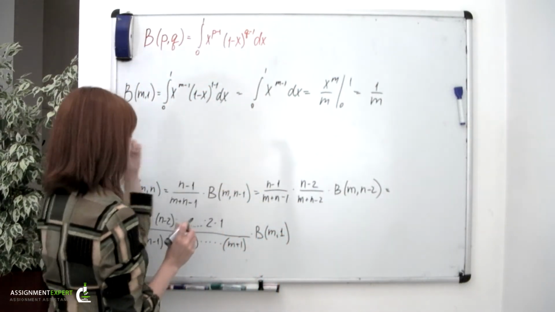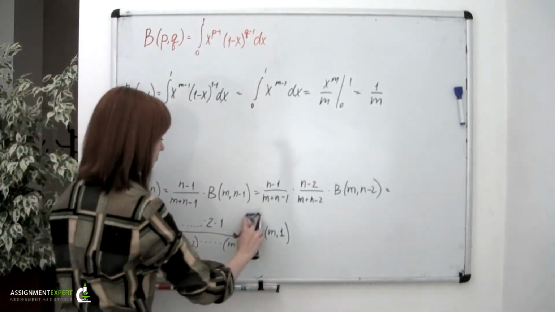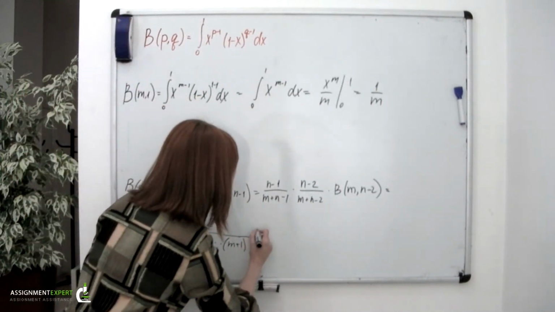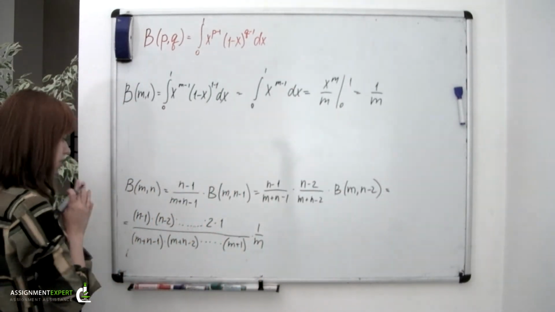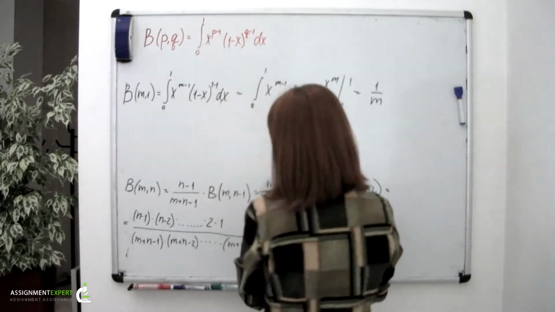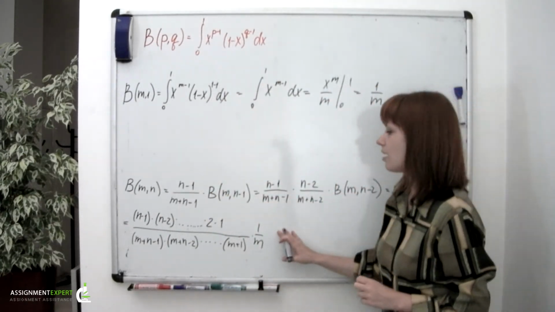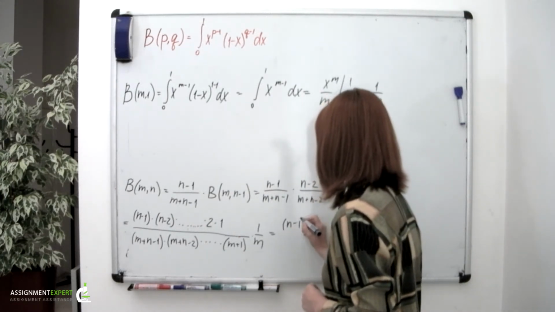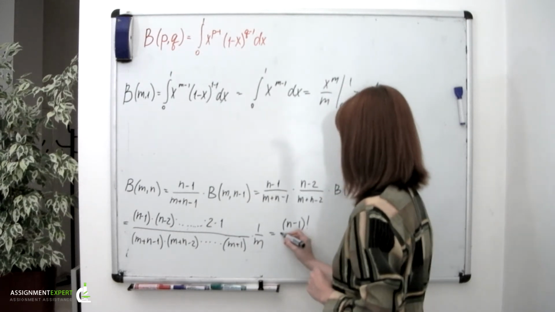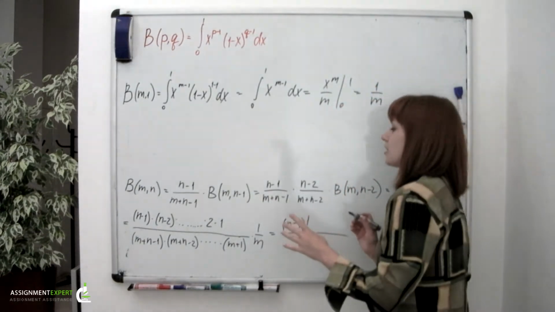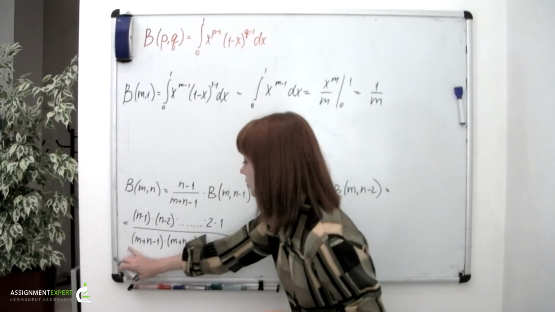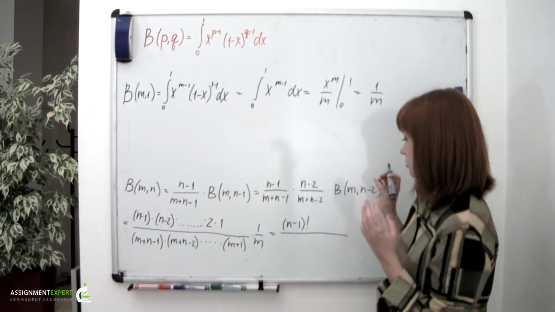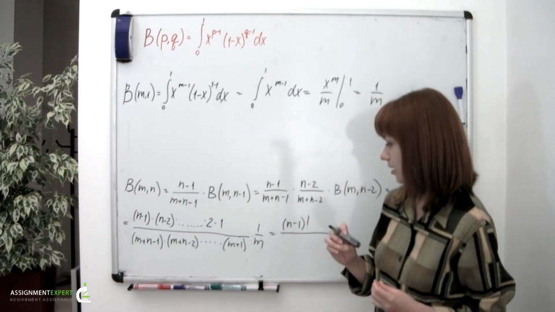Now if we substitute this result into this formula, we'll obtain this multiplied by 1 over m. And now let's take a look. What we have in the numerator is nothing else than n minus 1 factorial. It may come to mind that it would be really nice if we could make a nice factorial out of an expression we have in the denominator as well. But we're missing some stuff to do that, and namely